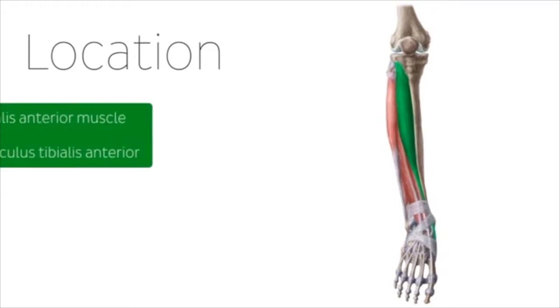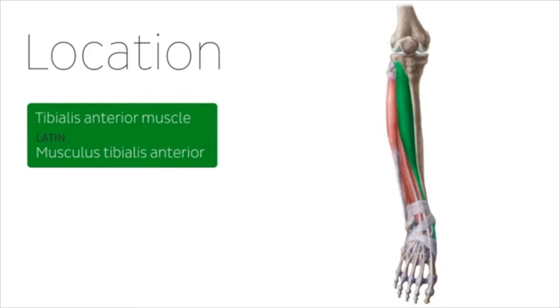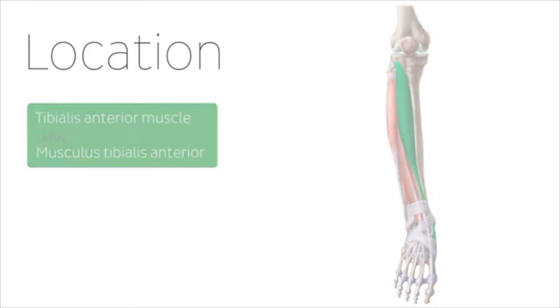For example, the tibialis anterior muscle is located in front of the tibia. Some muscles also derive their names after their position or location in reference to a similar muscle, and in that case, the following terms would be used. Infra or inferior, meaning below or more caudally situated. Supra or superior,